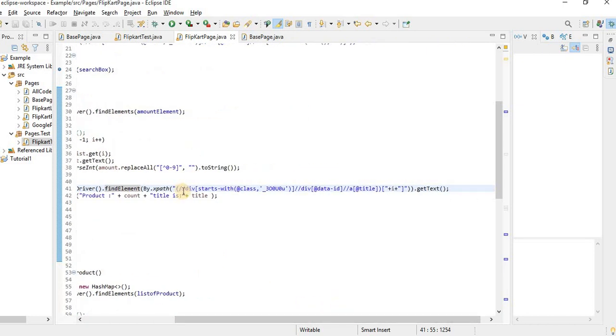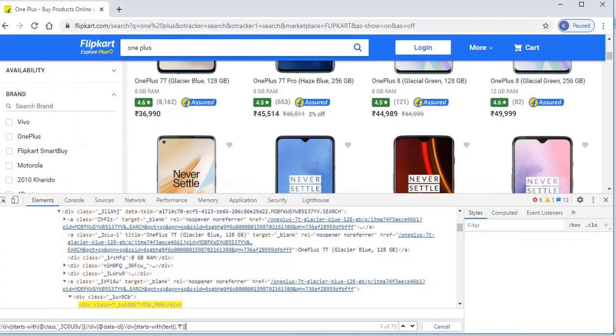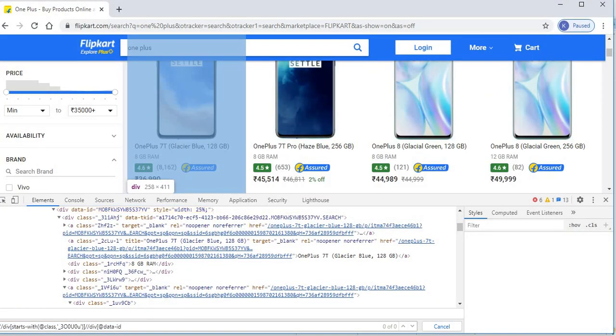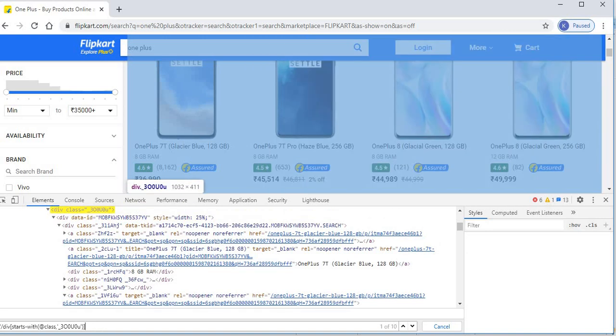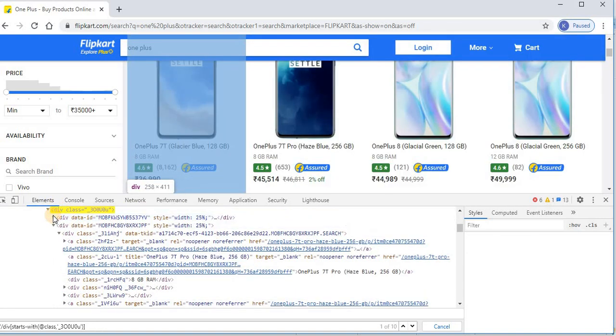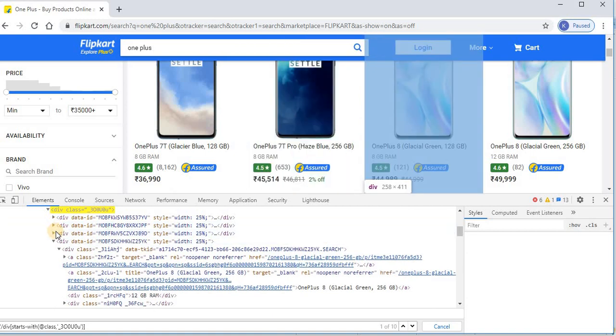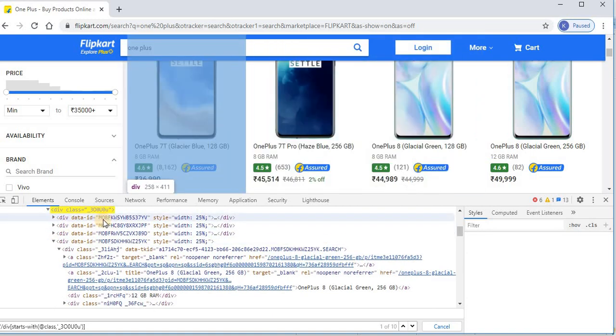So this is the customized XPath where you have to write div which starts with the class. Now, how did I find the unique way? Let me show you this also. Suppose you see these products, the common thing is div data ID is equal to mobile and some unique number is getting generated.